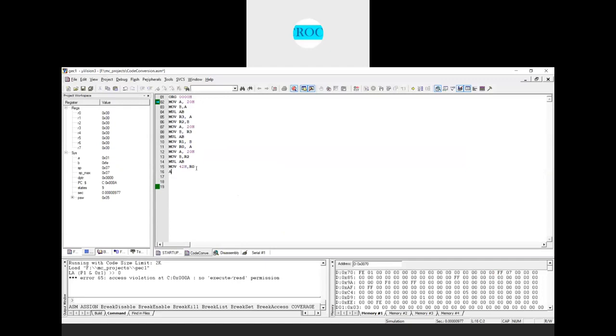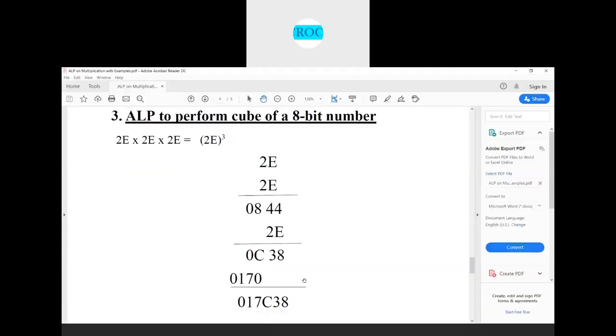Next, what do you do? Add A comma R1. Why do add A comma of R1 here? Because 0C is stored in R1, and when I do multiplication of 2E with 08, A will be having 70 and B will be having 01. Now whatever the content I have it in R1, that needs to be added to 70H.